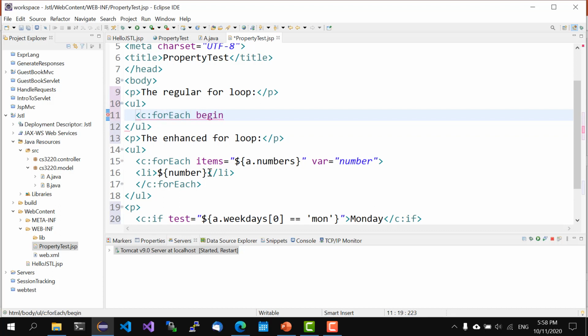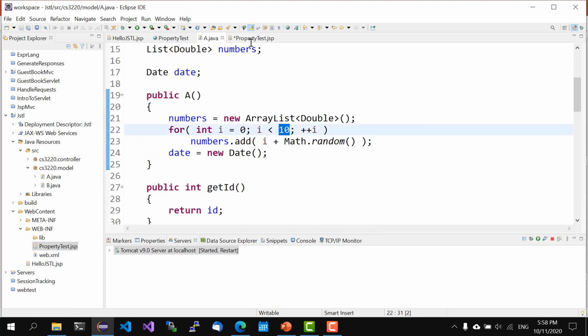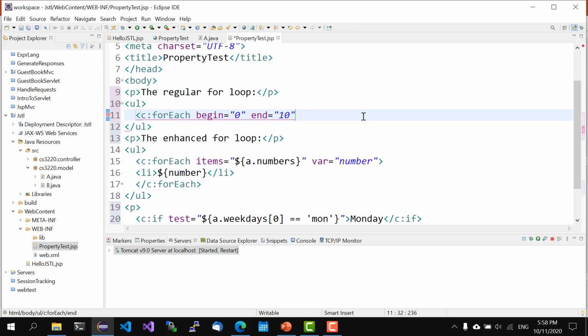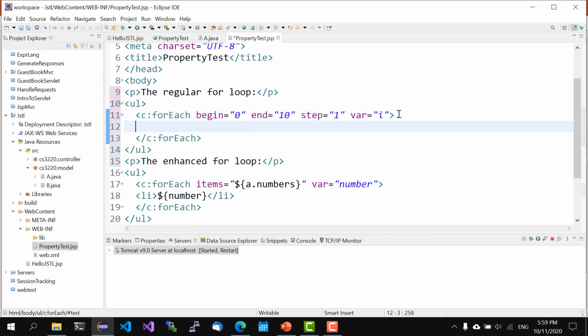We'll say begin with 0 and end with 10, because we have 10 numbers in the collection, and we say step is 1, so each time it will be incremented by 1, and the variable name is i, and we can then do a.numbers bracket i,